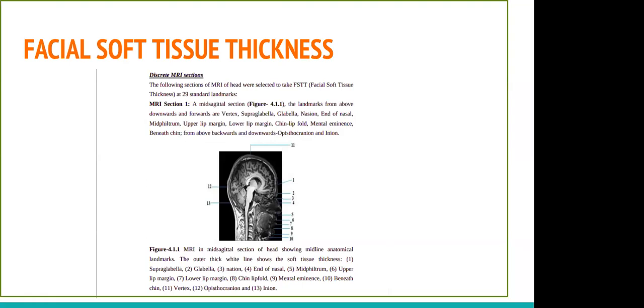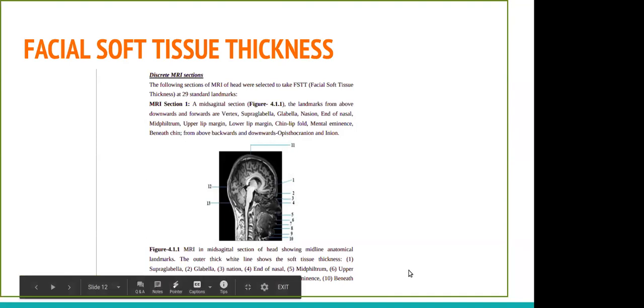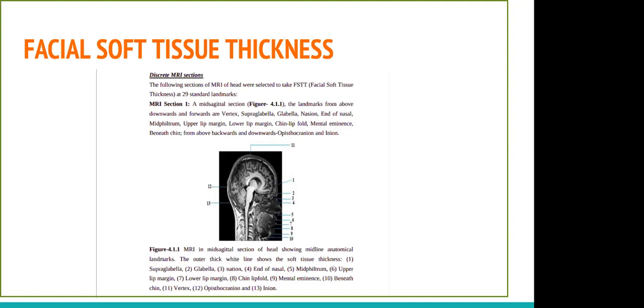There are 13 landmarks that we point here. I'll just brief out all these landmarks. Yes, you can see them in the image, but to understand why all these points have been considered, you will get to know when we mention their names. The first name here is supraglabella. Glabella is a specific characteristic to identify a male skull. Glabella is prominent only in males and not in females. The protrusion between the two eyebrows is called glabella. The point just above the protrusion is called supraglabella.